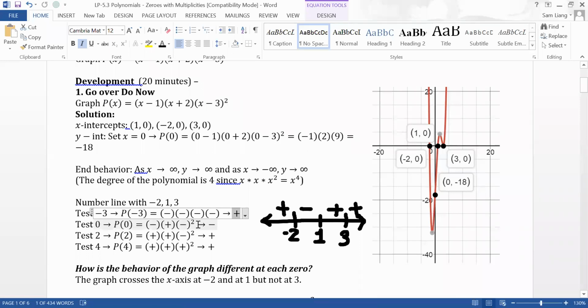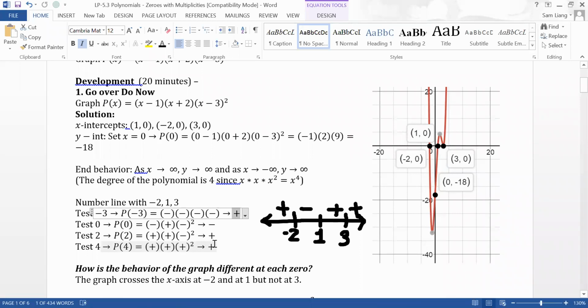For the sake of time, I'll just read the rest. For the next interval between -2 and 1, I'm going to test 0. For that, you get a negative number. For the interval between 1 and 3, I test the number 2, you get a positive number. And then for the last interval, 3 to infinity, I test the number 4, and for that you get a